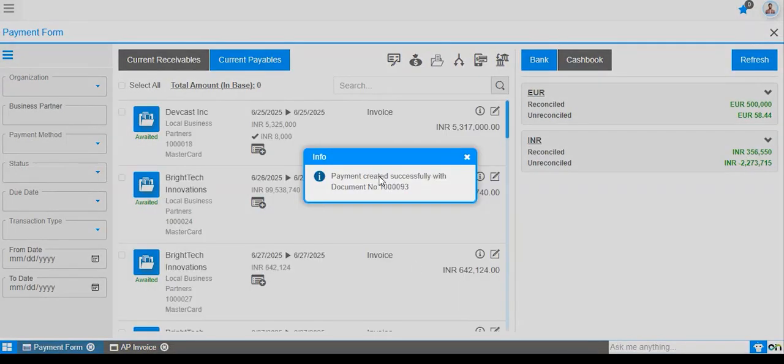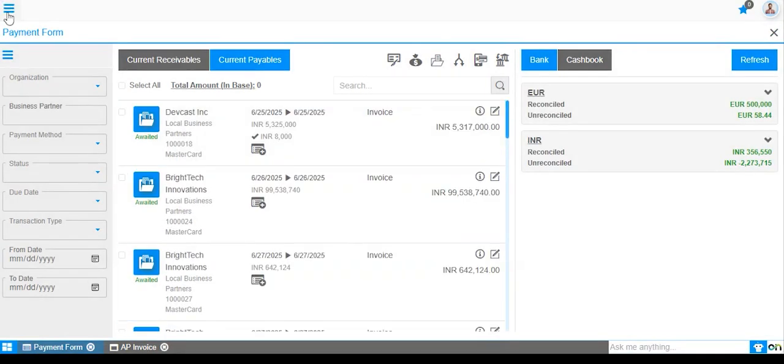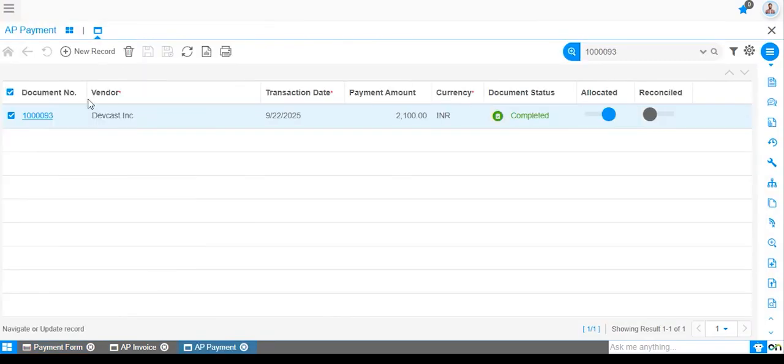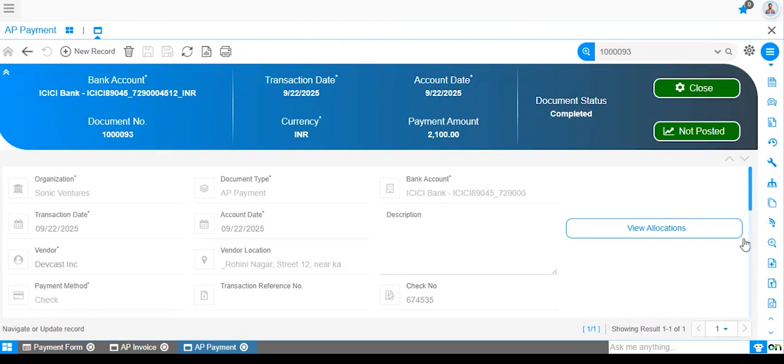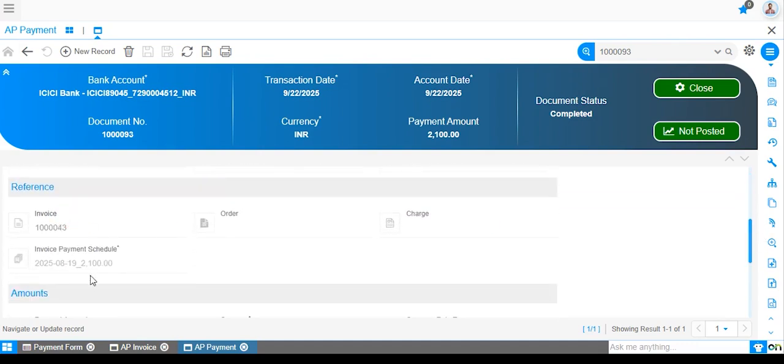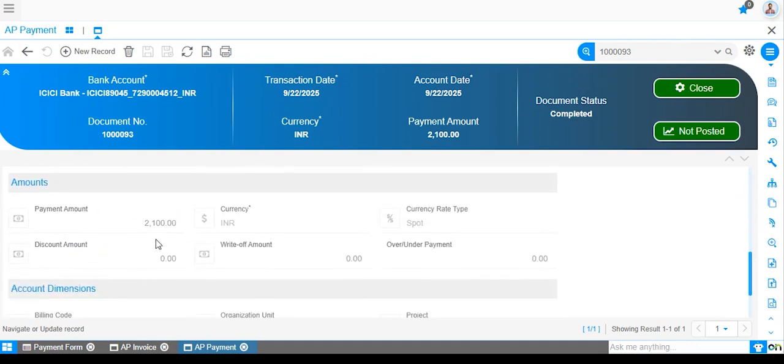The payment is created successfully, and a document number is generated. To verify, open the AP payment screen. You will see the newly created payment with the status completed, showing the vendor name, invoice reference, and payment amount,